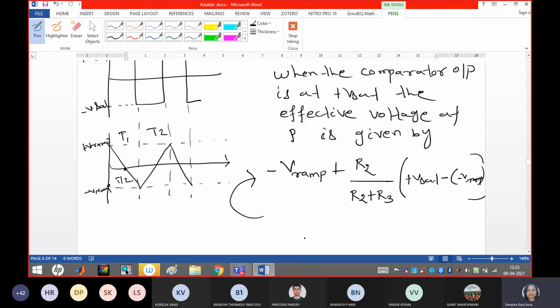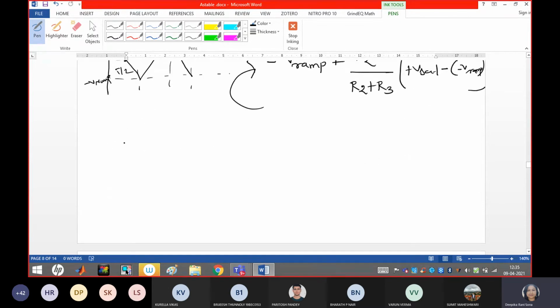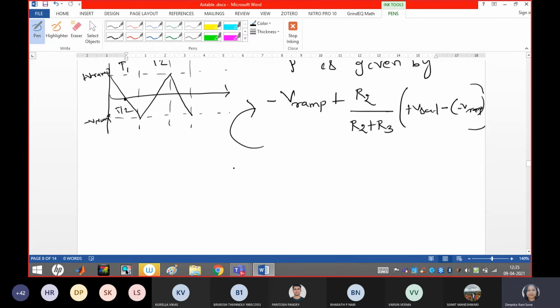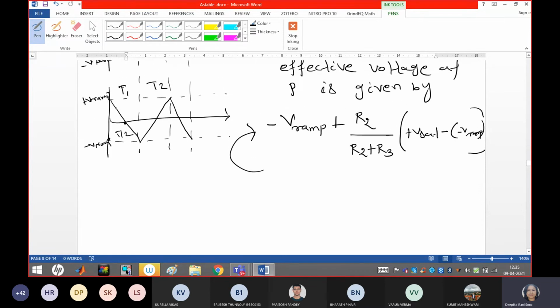Then when the voltage is reducing, because as I explained, it goes from plus Vset to minus Vset. When the voltage changes from minus Vset to plus Vset again, it crosses the zero level. So at some point P, the voltage is crossing 0 volt. Okay, so that's what I am going to write.